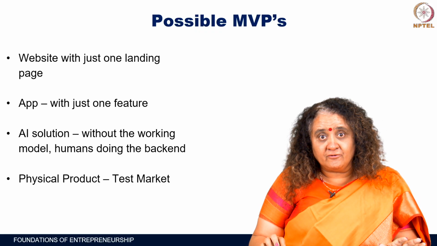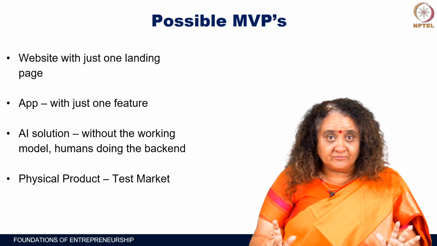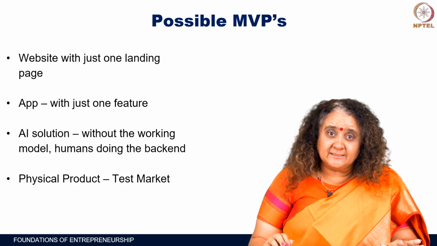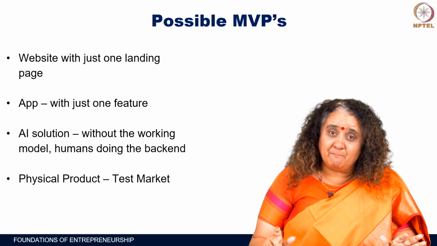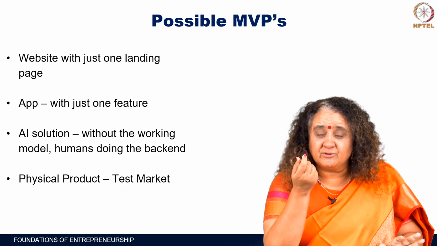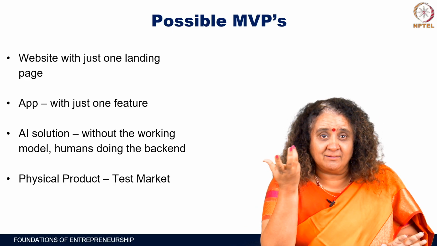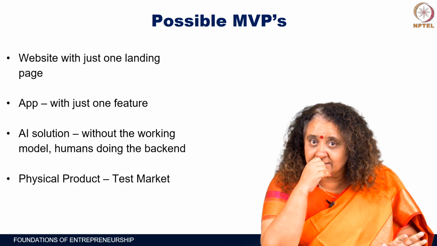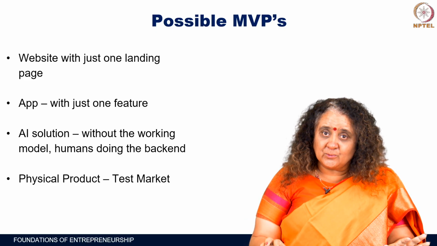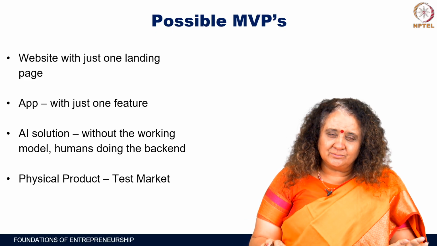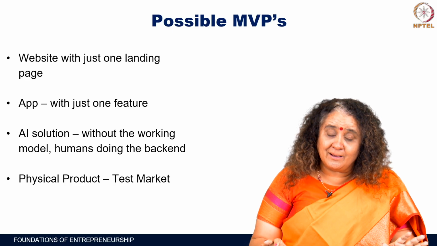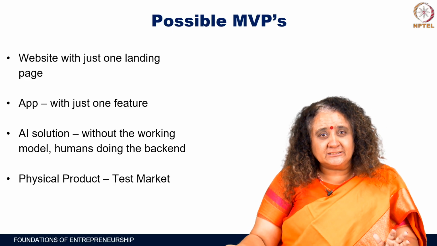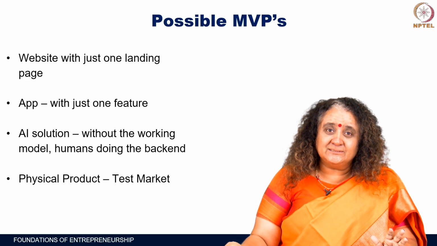In my world, which is FMCG or the physical product world, it is very difficult to do an MVP because products have to be made in batches. There is no concept of making one product. If we are baking cookies, you have to bake them in large quantities. So, I was racking my brains about what is an MVP in the context of an FMCG business, and for me the answer was a test market,